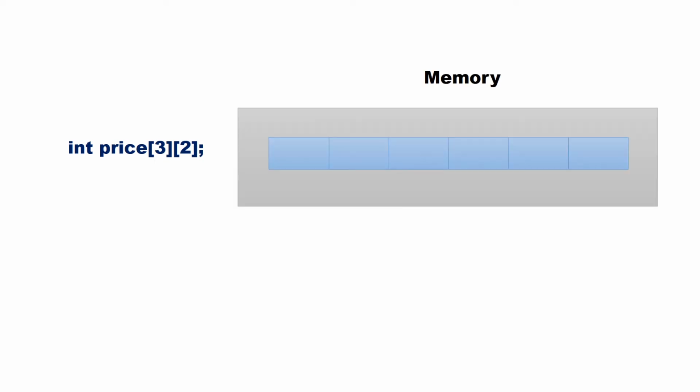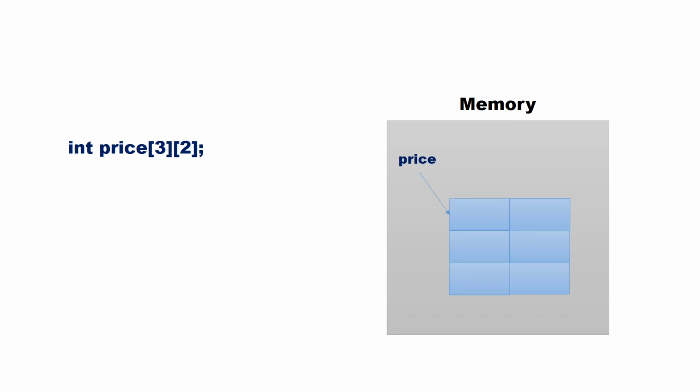Let us declare another array called price with 3 rows and 2 columns to store integer elements. Int price[3][2]. Here the array can store a maximum of 6 elements. Hence, when the array is declared, 6 contiguous blocks of memory will be allocated. Remember, here the blocks are allocated contiguously. For the sake of better understanding, let us visualize the array as a table with 3 rows and 2 columns. The row indices are 0, 1 and 2 and the column indices are 0 and 1.